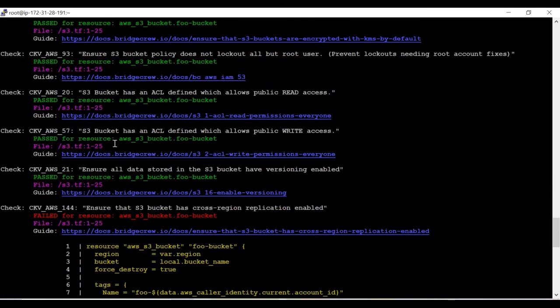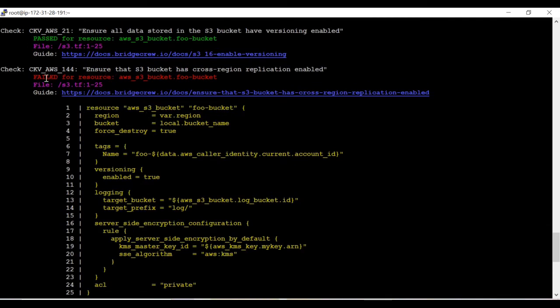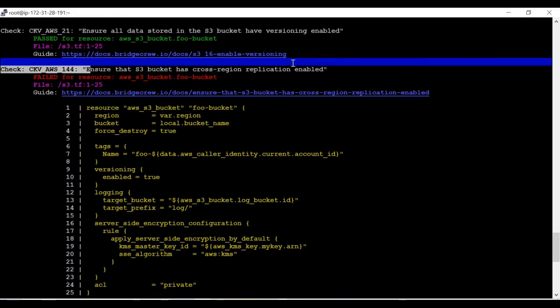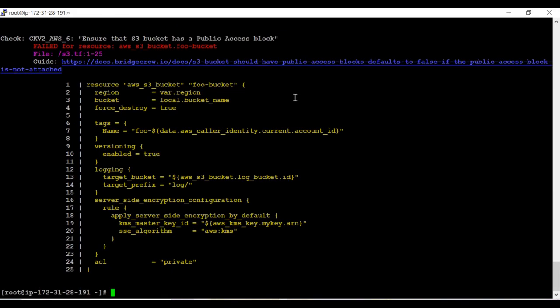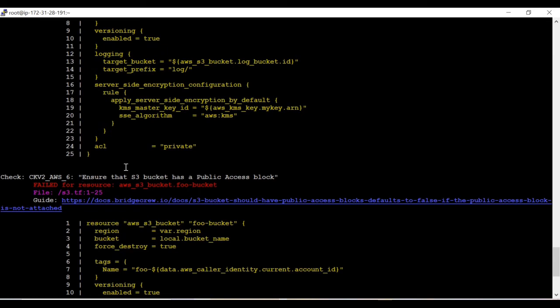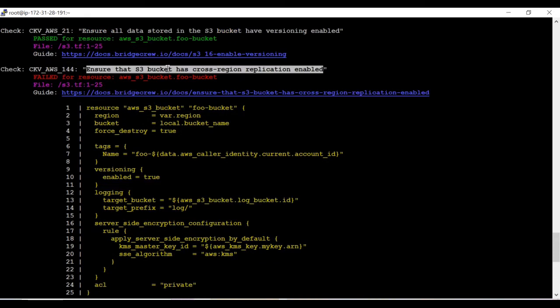Now you can see what security parameters failed and are not suitable in the judgment of Checkov. It says: ensure that the S3 bucket has cross-region replication enabled, and secondly, ensure that the S3 bucket has a public access block. So how can you resolve this error?